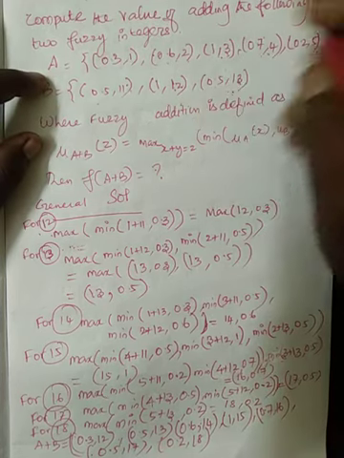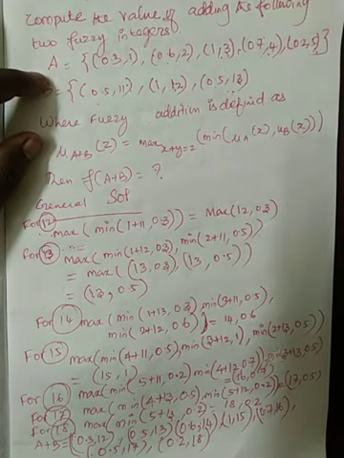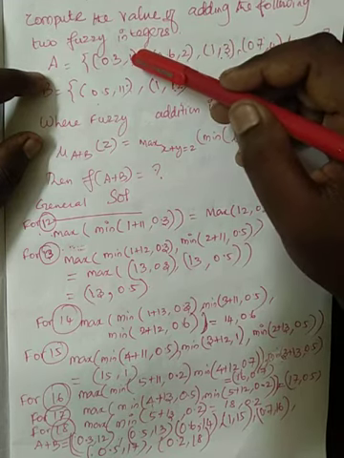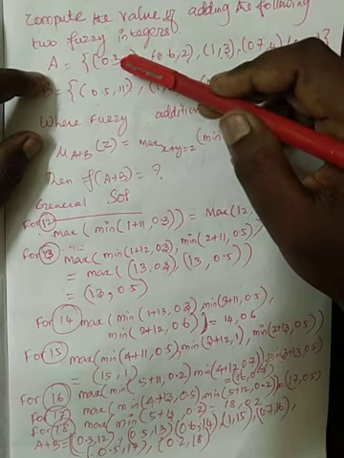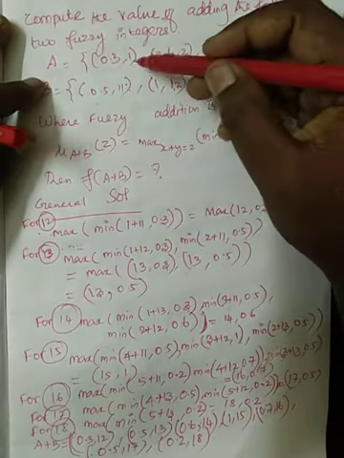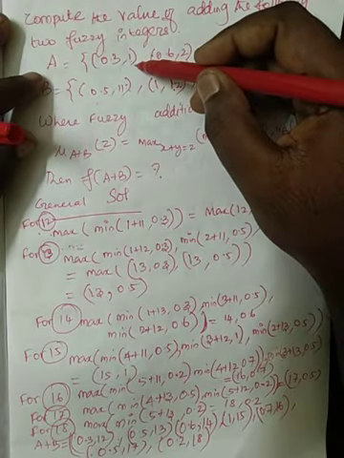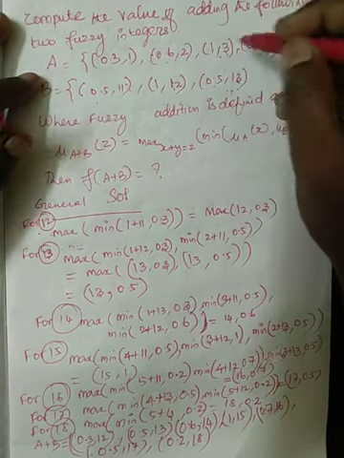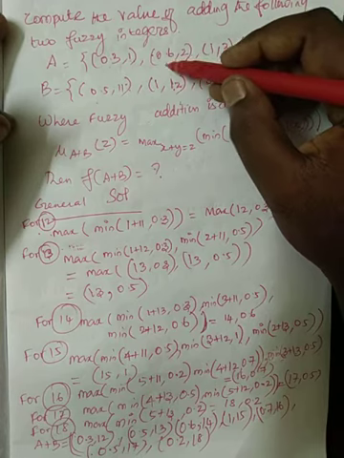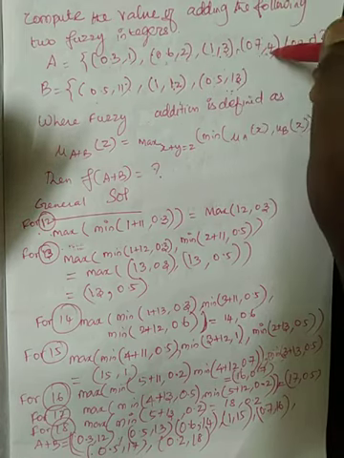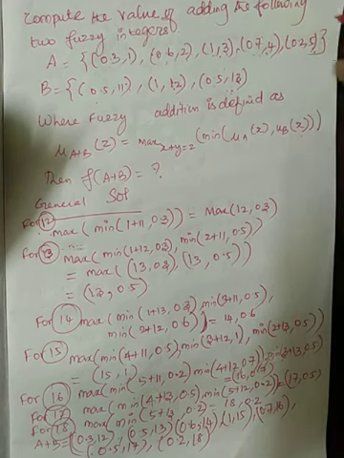They are given two integer sets. Here, the representation of an integer in fuzzy logic is that each and every integer is represented along with its corresponding degree of belief. Okay, for example, if you have 1 as an integer here, its degree of belief is 0.3. So that is the concept here. Like that 2 has degree of belief 0.6, 3 has degree of belief 1, 4 has degree of belief 0.7, and 5 has degree of belief 0.2.